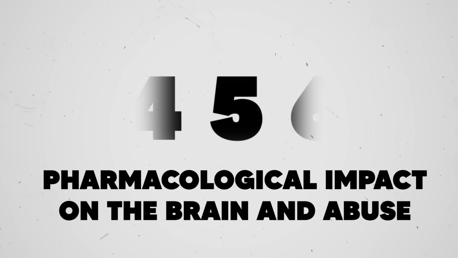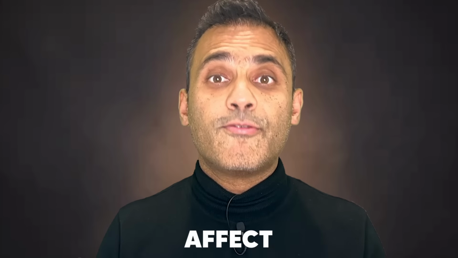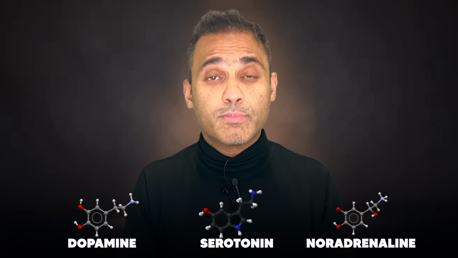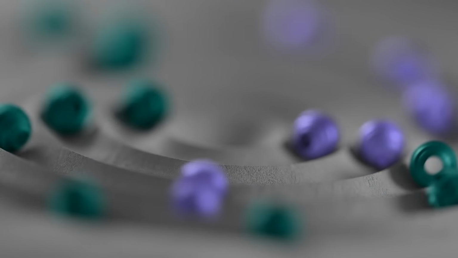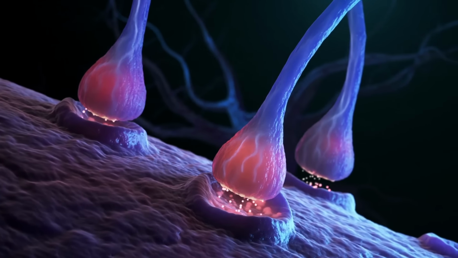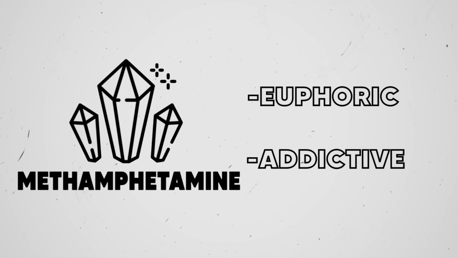So that takes us to the fifth point, which is the pharmacological impact of methamphetamine and amphetamine on the brain. Now, both amphetamine and methamphetamine affect the metabolism of dopamine, noradrenaline, serotonin, and they increase the levels of all three neurotransmitters. However, one key difference lies in how methamphetamine generates way more dopamine efflux, the release, and higher calcium release compared to amphetamine. The difference could explain why methamphetamine firstly is more euphoric and addictive because of the dopamine efflux,